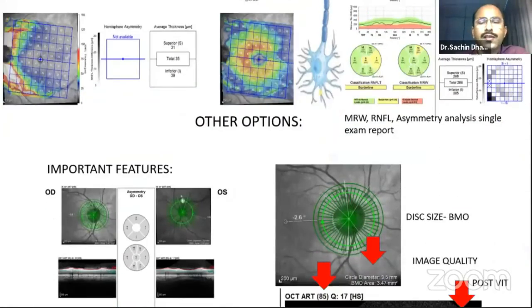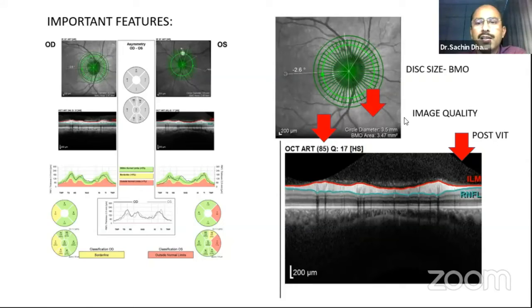Now see the important features that I usually look at. I look at the disc diameter, the scanning circle diameter, the posterior vitreous. Now this is very clear here, the posterior vitreous attachments. In case there is a PVD, the RNFL contour will alter. So I have my answer. Here I have the quality checks in place. A Q score of more than 15 is acceptable, but I use more than 20, 25 as the standard. The higher the score, the better your imaging technology and imaging methodology.